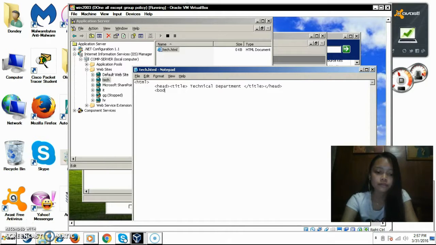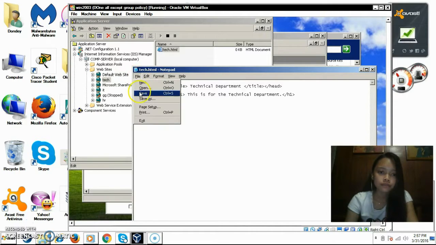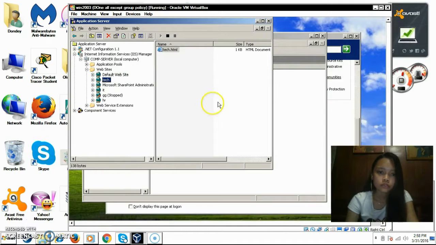then body, h1, this, let's say this is for the technical department, then closing tag of the body, then content of HTML, then save, then close,